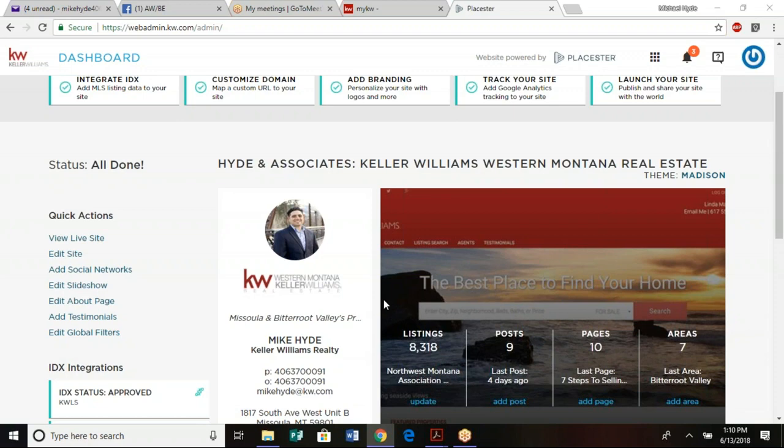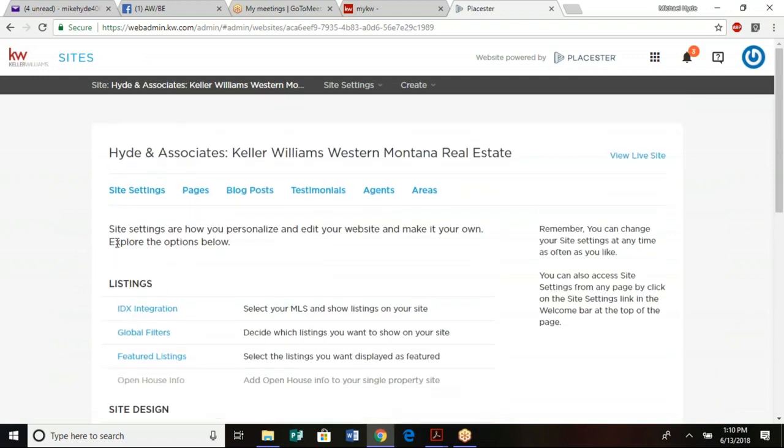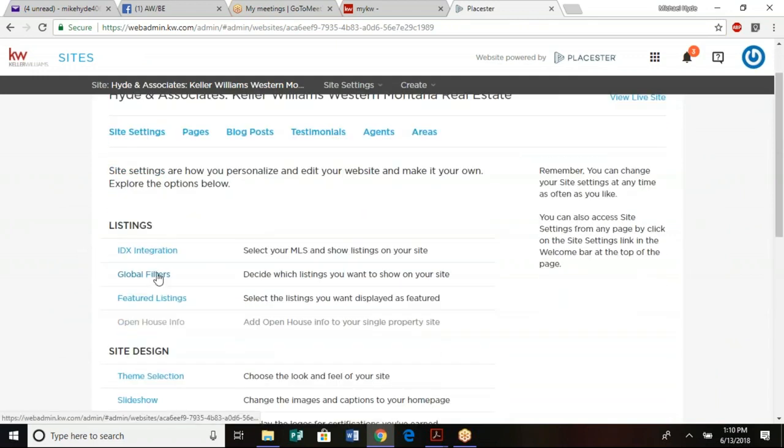And you'll be in. So the whole kit, guys, is how to set up your slideshows, how to get your website all active and put together. So you can start with just like edit my site. You click that link right there, and it hops you into the back end of your website, okay? So once you're in your website, the first thing you want to look at is your IDX integration, and you want to make sure that your IDX integration is connected. So you click that IDX integration tab,